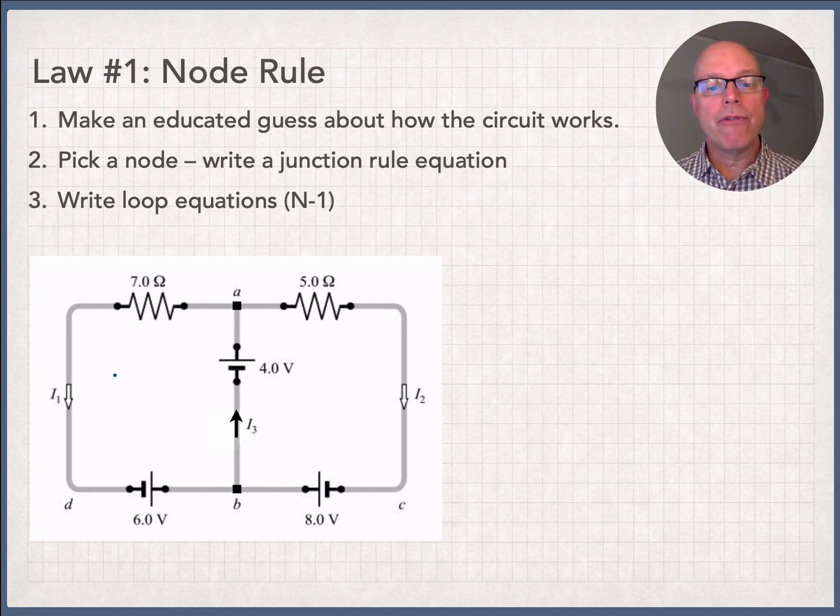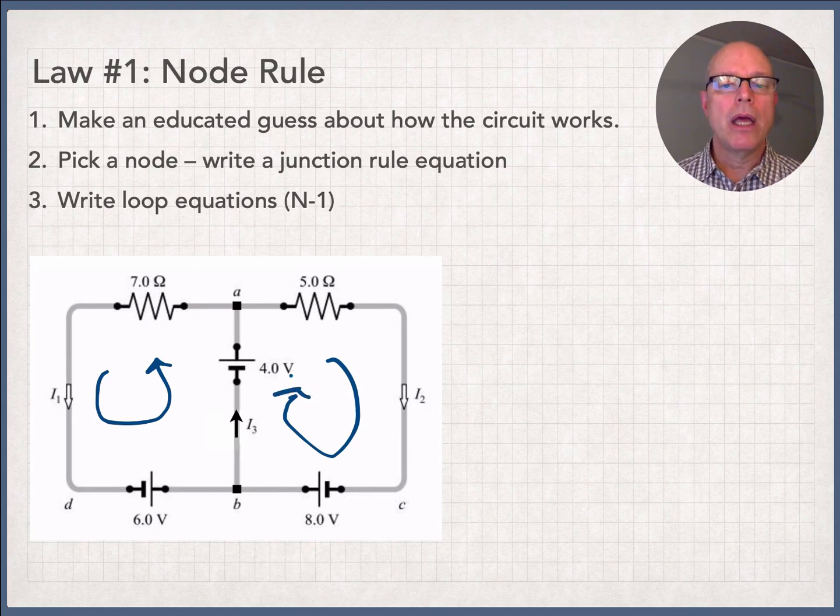Okay? So now that I feel like I've understood the circuit from my first discussion, put my little arrows back in, I'm going to write the node equation. It's real easy. I3 looks like it flows up into point A. Because this left-hand loop works counterclockwise, what happens is I1 moves that way out of point A. Because in the right-hand loop, I2 moves to the right of point A,